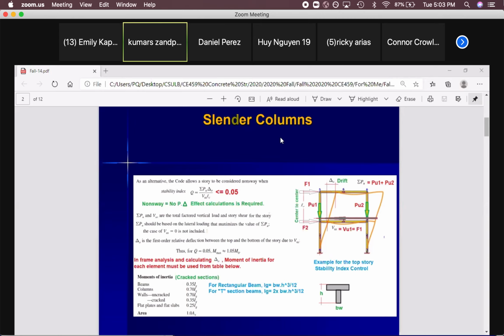And then we have another category: if the column is in a braced frame or in a non-braced frame. Sometimes we call that sway and non-sway. So braced frame means non-sway frame, and sway means just,